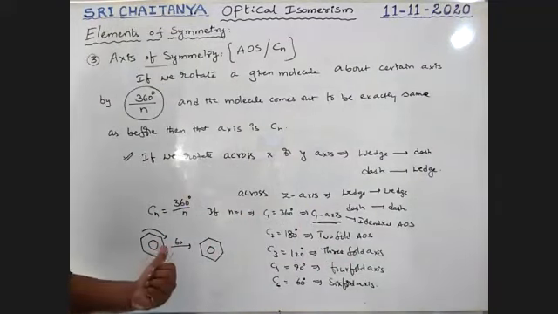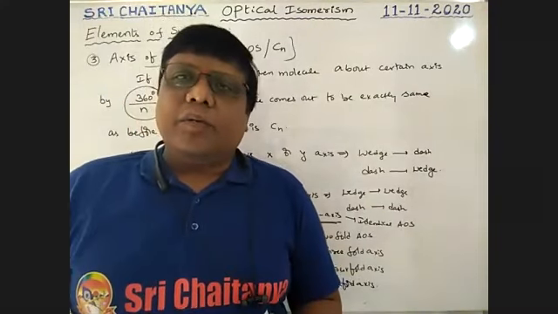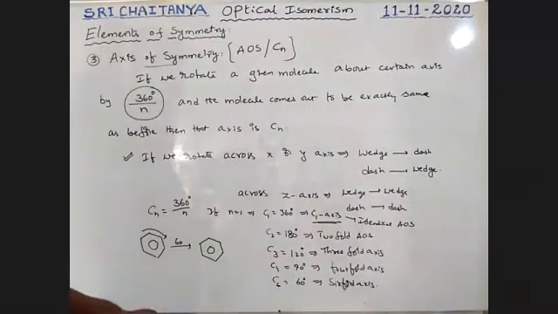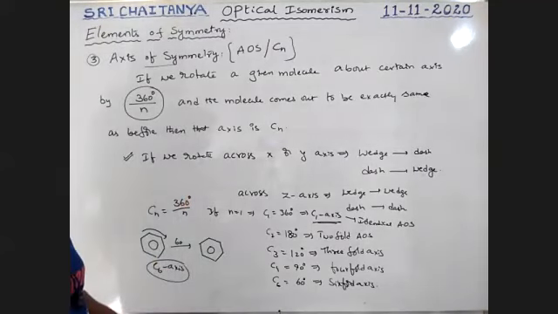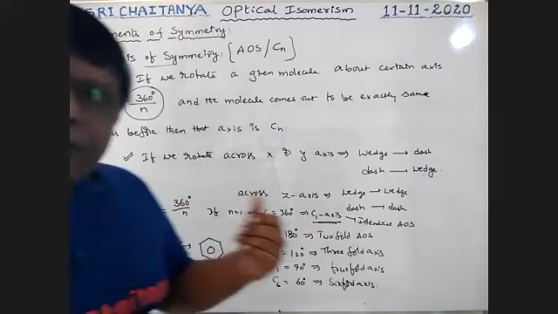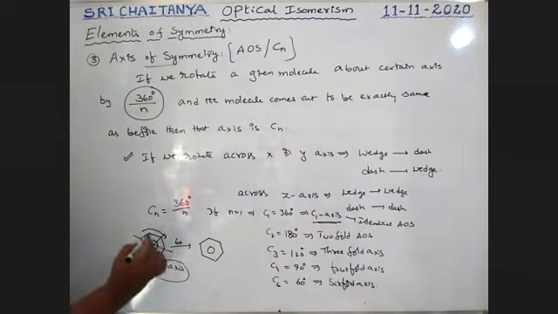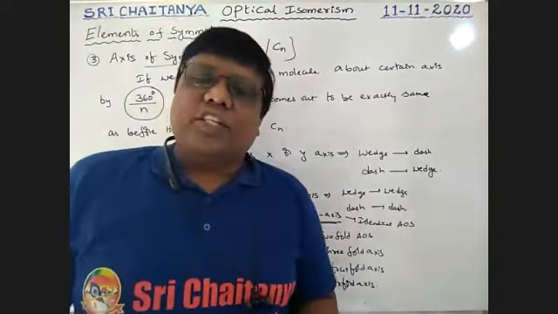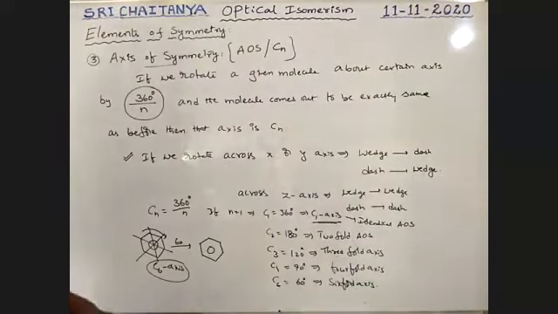So C5 is not possible. For 5, exact division is not available. Exact division of 360 degrees is required. So therefore, benzene has a C6 axis for every 60 degrees rotation. So what are those axes? See here, this is axis, this is axis, this is axis. Every 60 degrees rotation gives an identical molecule. Let us take some more examples, boys.